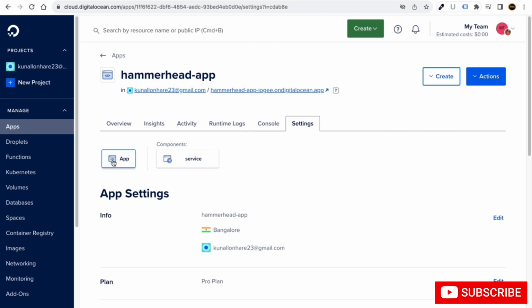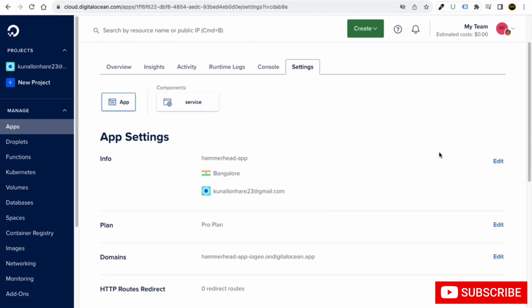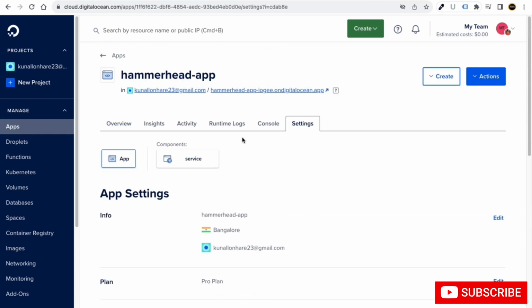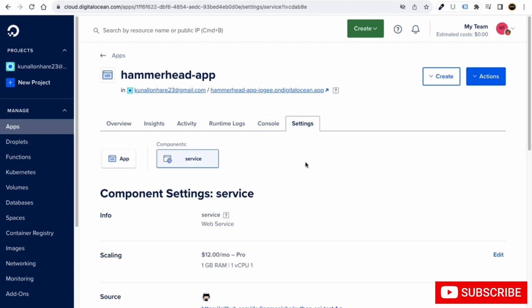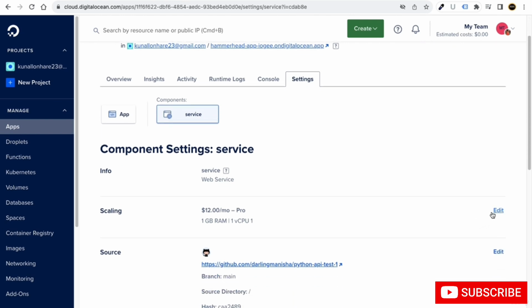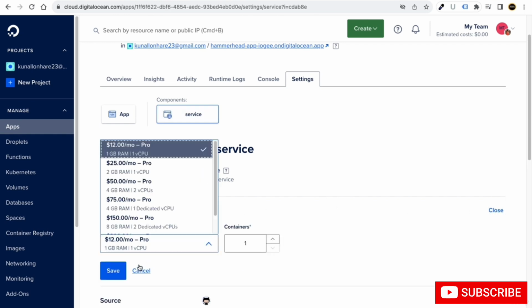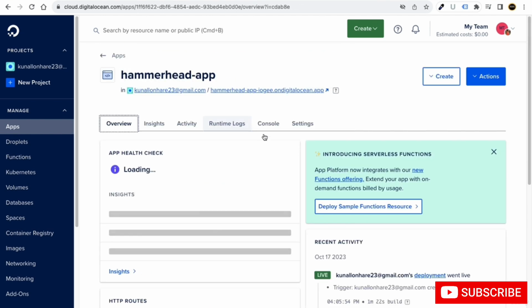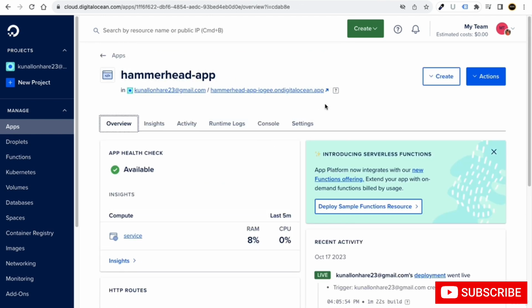And from here in the settings in the app, you can change whatever you want. And now in future, maybe if you want to increase, let me show you. Just go to settings, click on service, and if you want to scale up your business, maybe you are getting lots of API requests and you need more resources, you can simply click on this edit button, and from here you can increase it and save it. That's it. Great, right? So in this way we have put our API online.